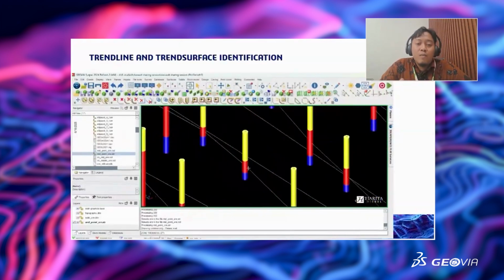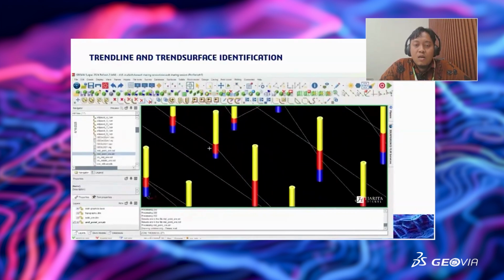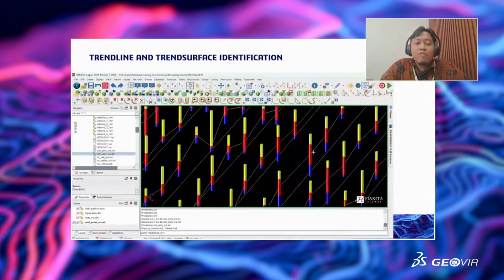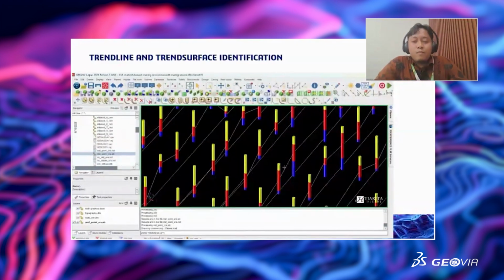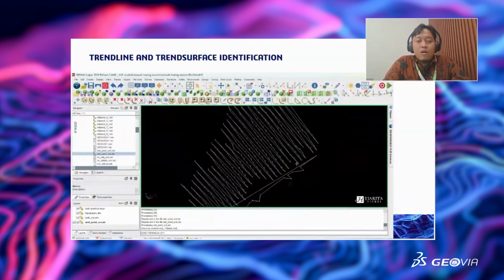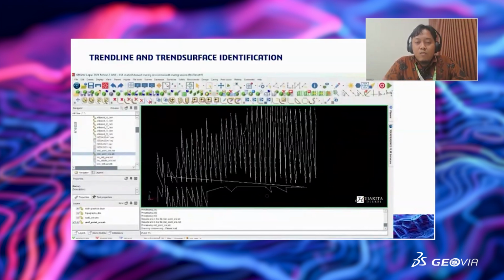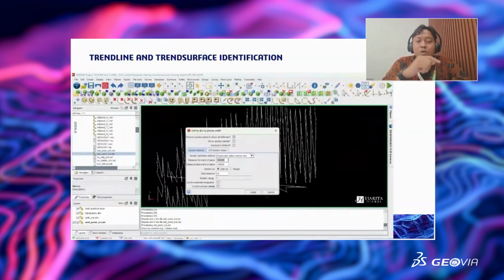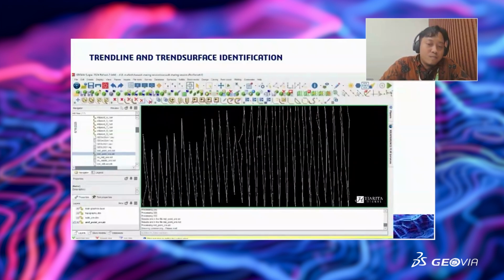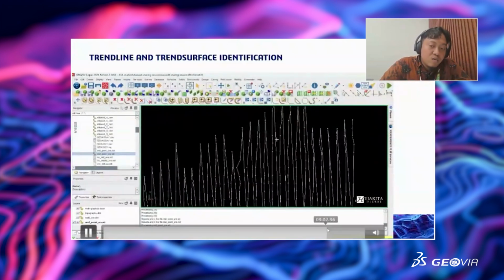This is automatic, but in this case, all of my drill holes contain the sub-rhyolite domain. Sometimes there is no sub-rhyolite in my drill hole, and after that you will modify one by one, because the sub-rhyolite point will come to the top of the drill hole. But this is just an example, so I will slice here.